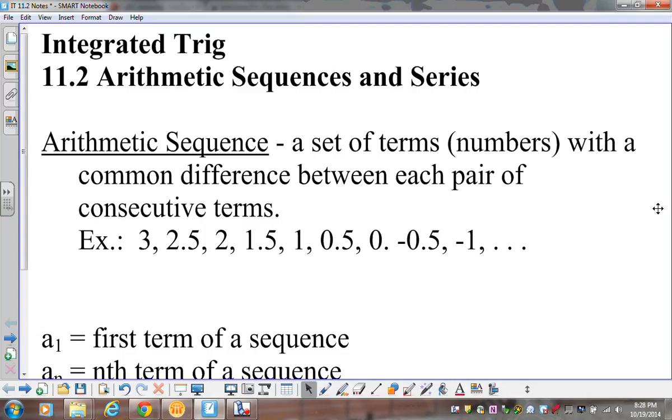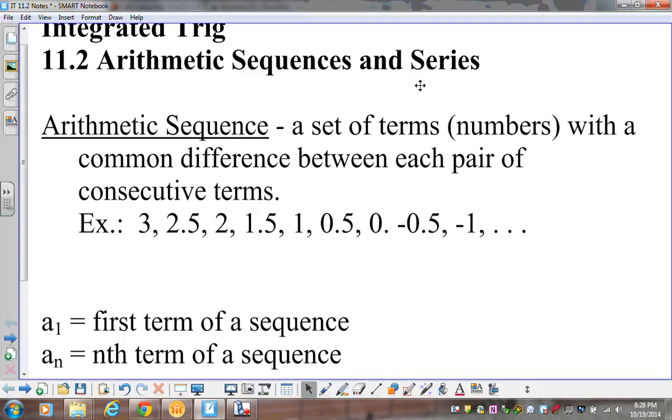We're going to continue on with Chapter 11. So on Thursday and Friday, we were looking at 11.1, which was exploring just your introduction to basic sequences and basic series. Today and throughout the rest of this week, we're going to focus on very specific types of sequences and series. All right, so today, if you remember last week, we mentioned we're going to talk about arithmetic